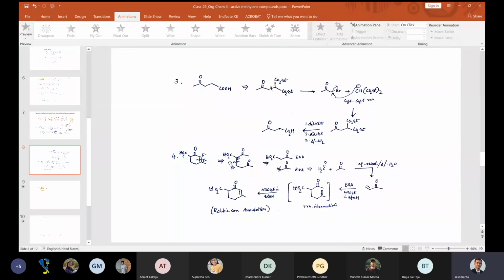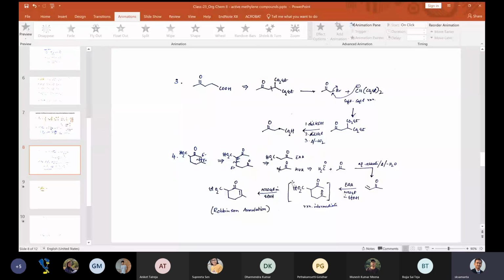Okay. Then you cut this one, make it a double bond. So this becomes your Michael acceptor, and this becomes your active methylene compound, ethyl acetoacetate. So MVK, you can stop at this stage. You do not have to even cut and do this. It is not necessary because methyl vinyl ketone is an easily available and cheap starting material. Okay, so you can stop at this methyl vinyl ketone stage.